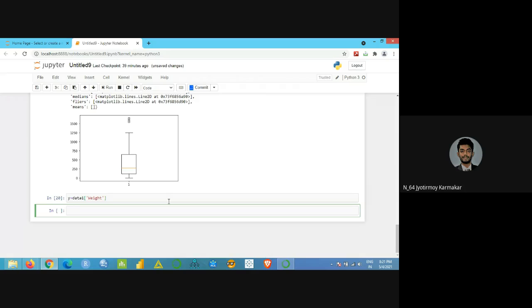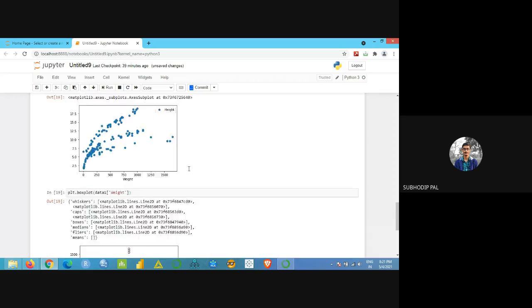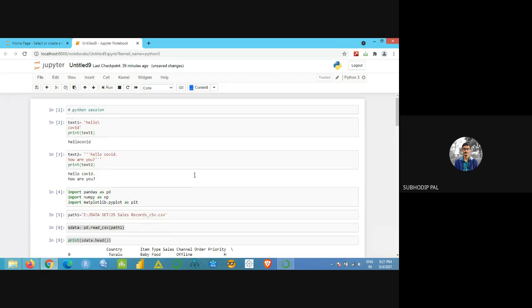Yes. Now my next point is I want to check the mean, median, mode of this particular weight variable. So how do I check that? Which library will we be using here for mean, median, mode?